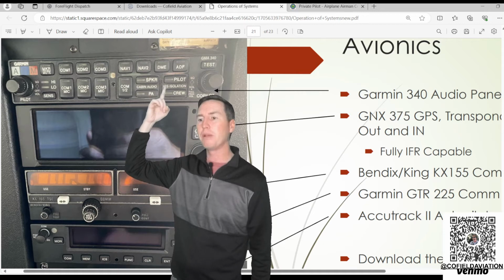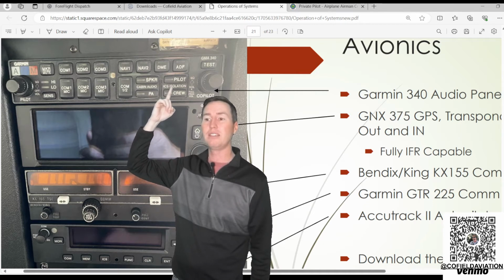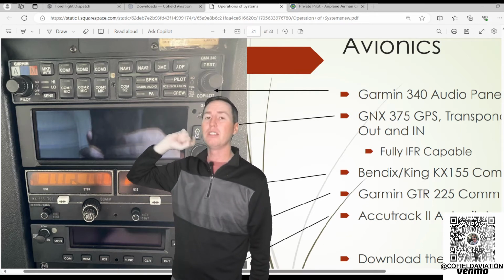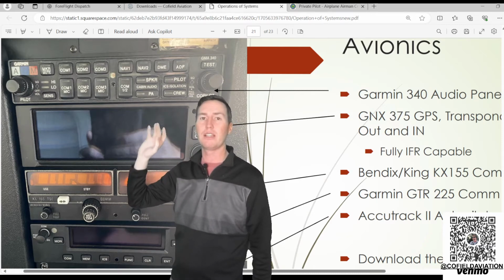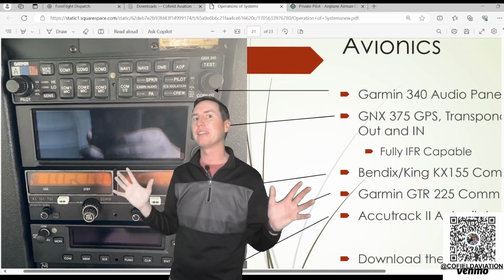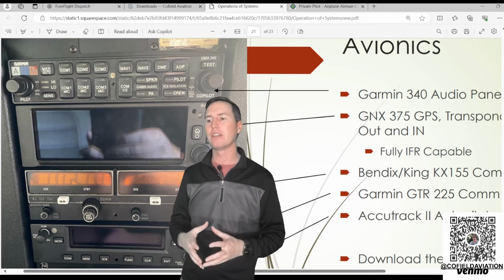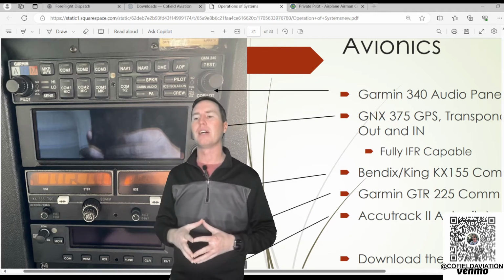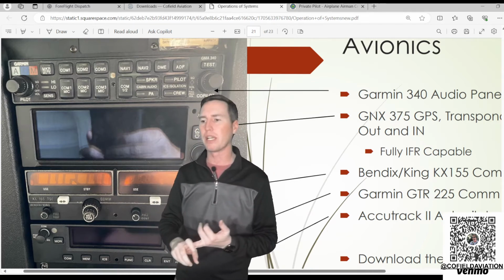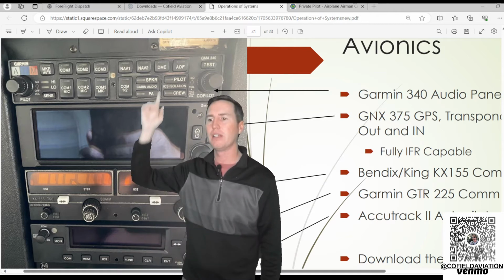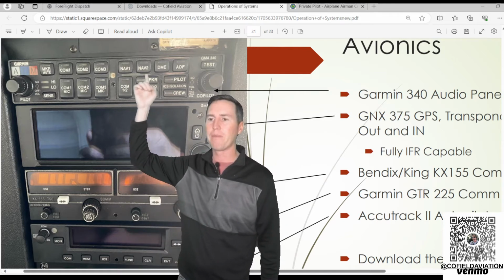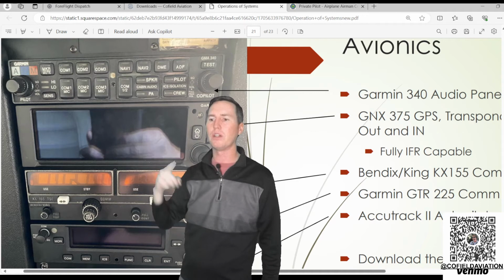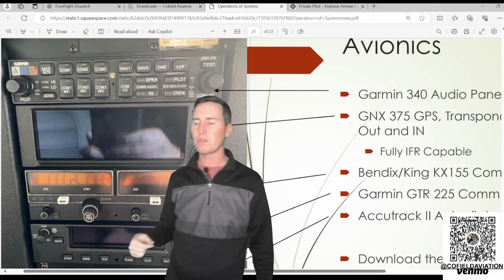So sterile cockpit: when I'm flying my kids, I push that pilot button. So when they're screaming and yelling and talking, I can't hear anything they're saying. I'm focused in the critical phases of flight: air traffic control, runway incursion avoidance, reading back stuff. Super, super important, okay? This nav 1 will allow you to listen to